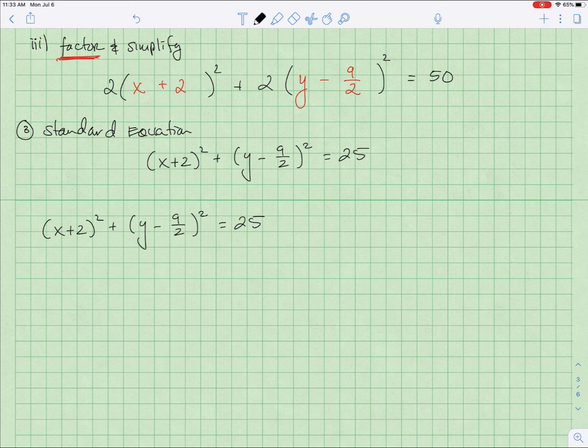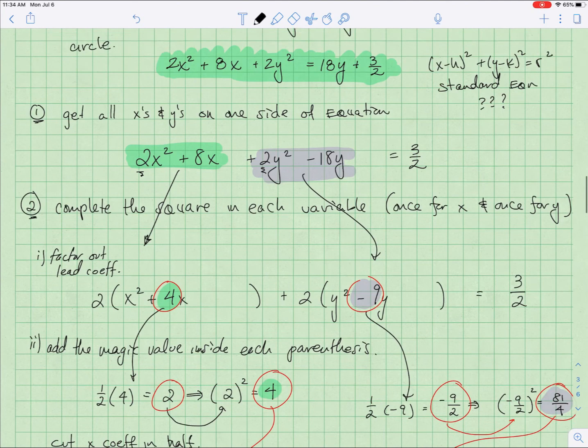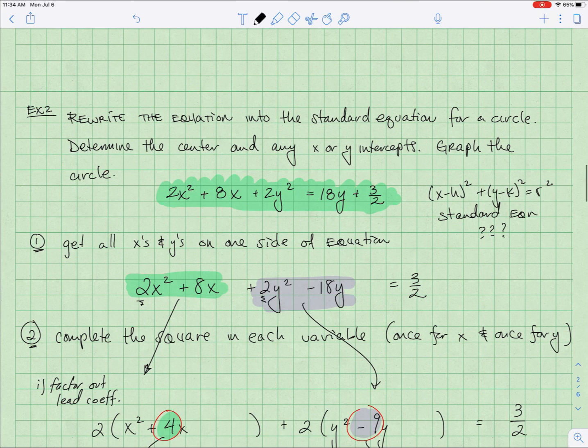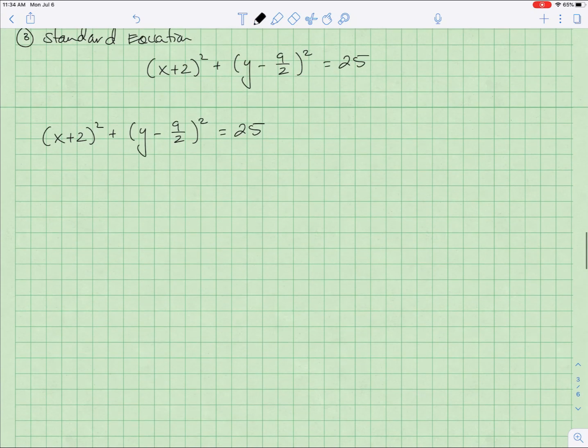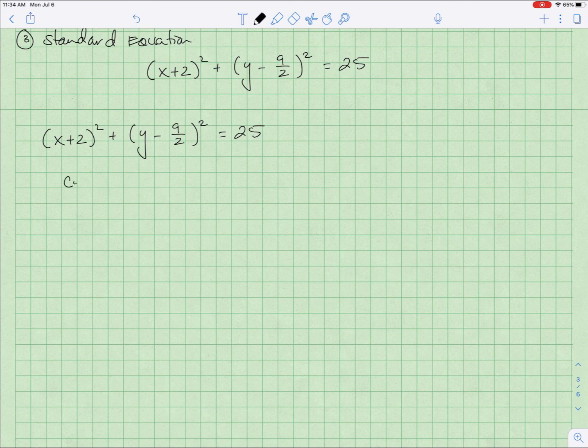So, number 1 here, or the first thing that we were asked for, if we go back up top. Determine the center, x and y intercepts, and then graph that sucker. So let's go back and do that in order. The center, C, is the h comma k values. Here, this is actually x minus negative 2 squared plus y minus 9 halves squared is equal to 5 squared